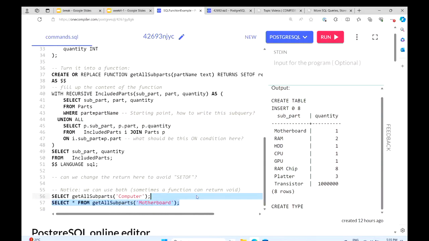Remember, we can invoke functions with select, and functions can be used just like tables. This is an interesting part. You can select from it like a table, or you can just use select to invoke it, because sometimes functions could return null, and it's meaningless to select like a table from a void value. So we can just use select to invoke that function, or we can select it like a table if we know that it will not return void. Let's run this.